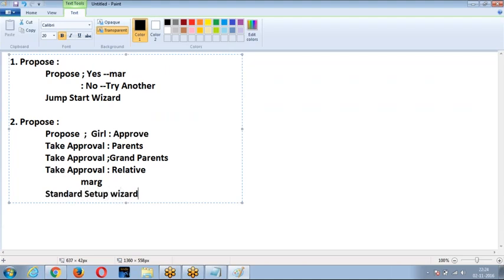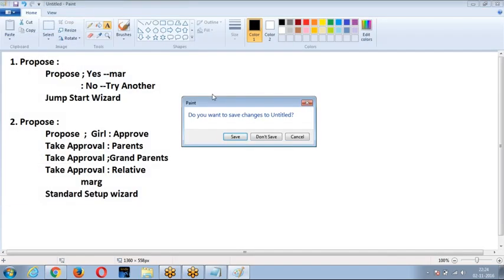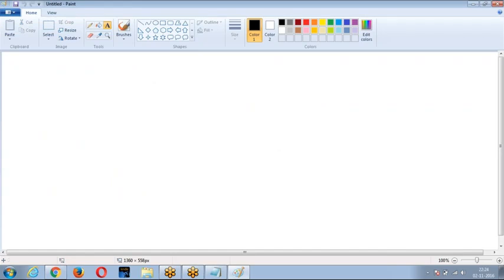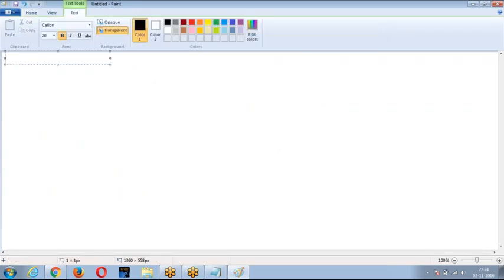So according to your requirement, does the approval have a single step or multiple steps? Is it a simple process or a complex process? If it is simple and a single step, we go with Jumpstart Wizard. If it is multi-step or a complex process, we go with standard setup wizard. Based on this, we decide what type of wizard we are taking. Fine. Once you have chosen the wizard, now the question is,